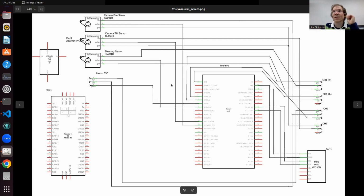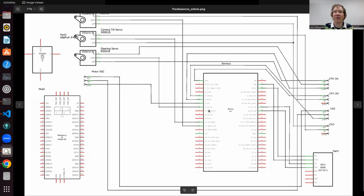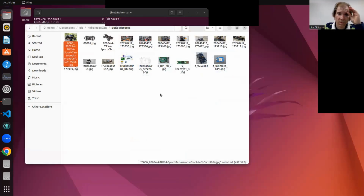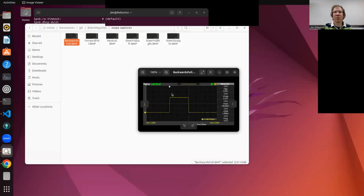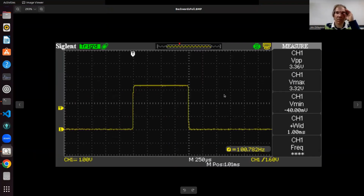So this is the same thing you looked at. This is a less friendly looking one, so I won't dwell on it, but this is the same as this one. Okay, so that's the pictures. Now, I want to show you essentially how these systems work. The car itself